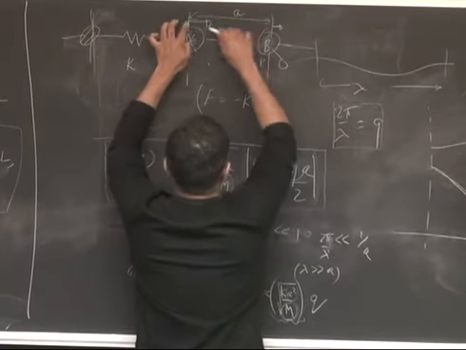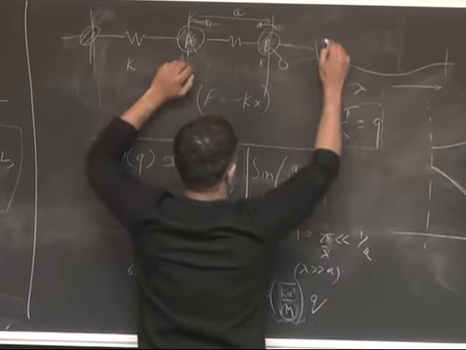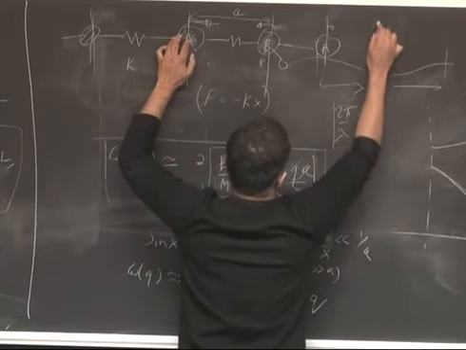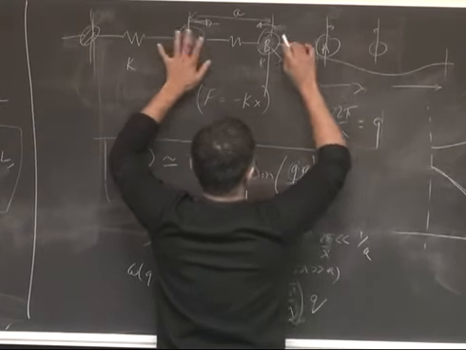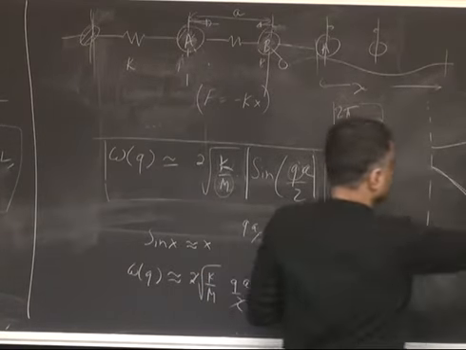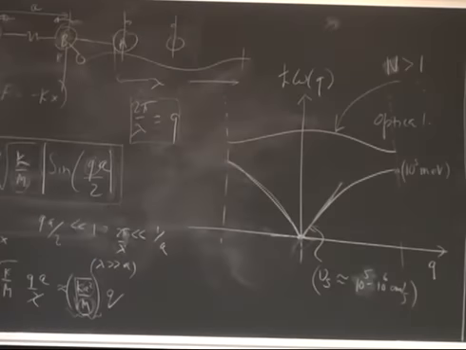Whereas if this is moving to the right and this is moving to the left, they are out of phase. And then again, A is also moving to the right, maybe a little less, B a little less to the left, and all that, right? So there are kind of two sublattices. They're vibrating out of phase. That's what leads to the optical phonon mode. It costs a lot more energy